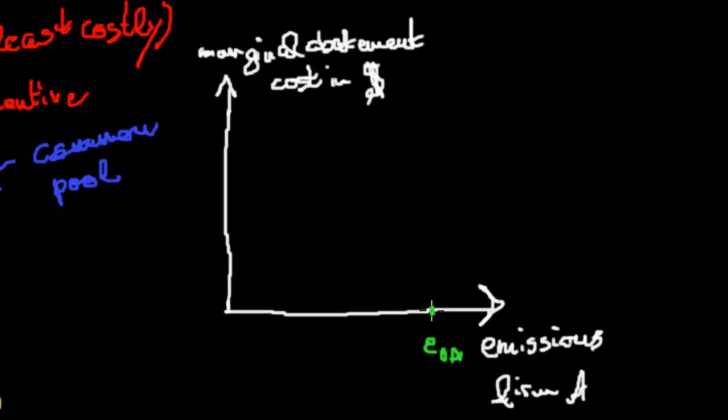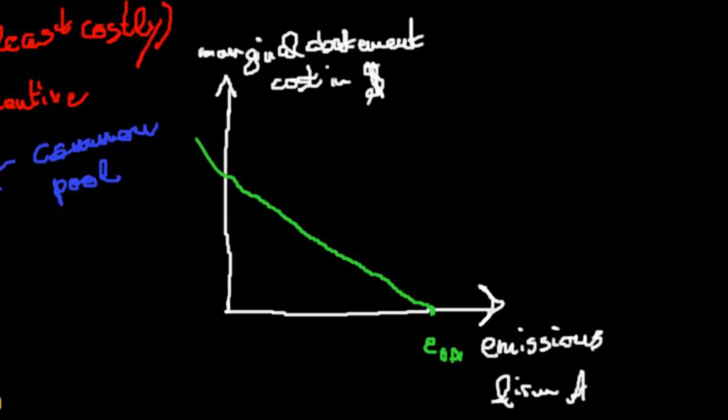But the firm can scale down its emissions by, first of all, either reducing its output or installing some kind of scrubber, which is going to be a costly endeavor,